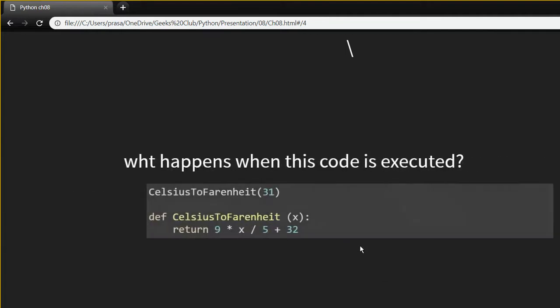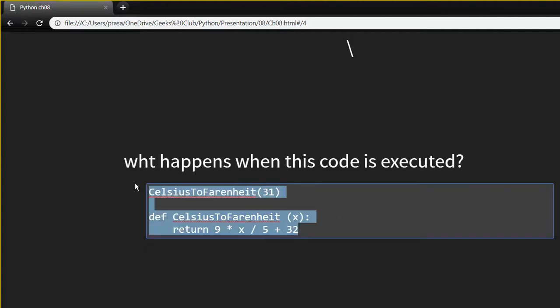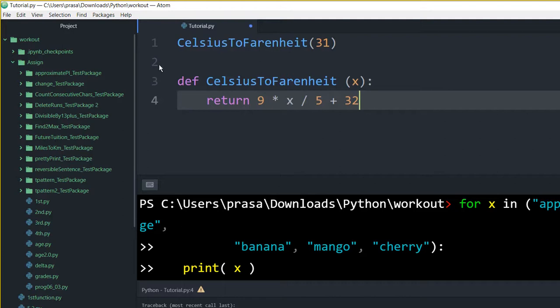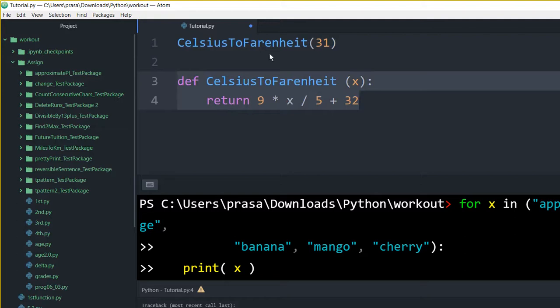What happens when the code is executed? So basically I'm passing the value 31. It will pass to, okay, this might cause some problem because the definition is after the function call. So the function call is ahead of the function definition. Python is not like other programming languages, I believe. I might think this might not work, because we have the function call ahead and the function definition later, and Python will interpret in an incremental fashion, not interpret everything first and then start executing. So let's just see how that goes.